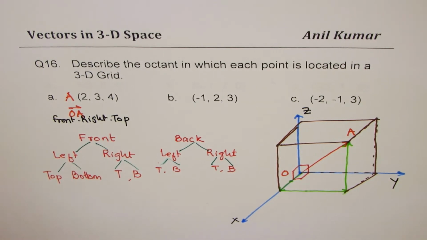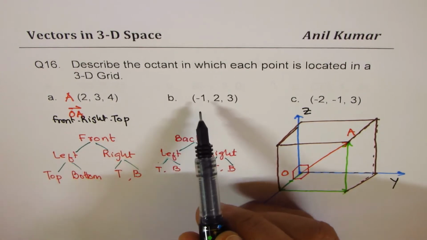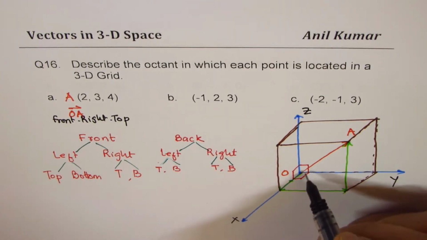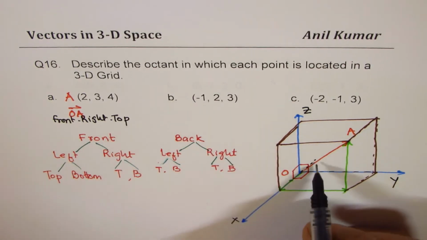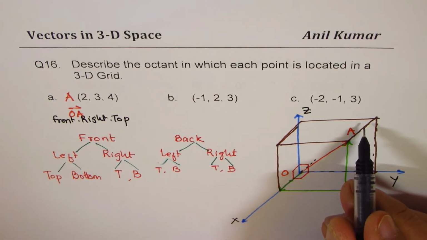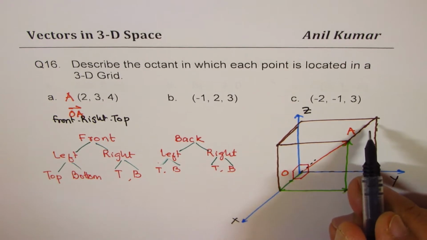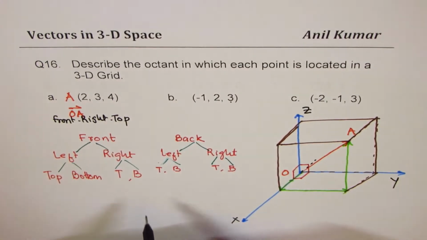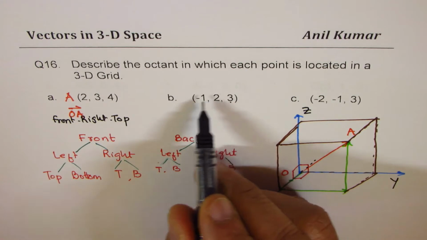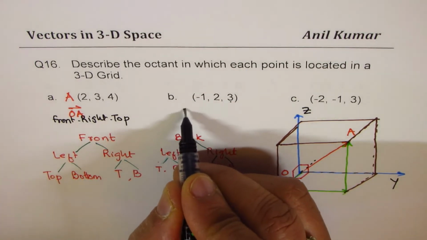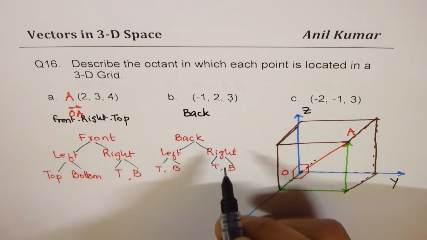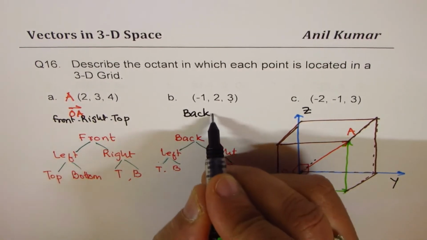Now let's take the other two and do it fast. B is minus 1, 2, 3. Minus means you have to go that side. Do you see that? So you get minus 1 unit. 2 means right and 3 means again above. So you're on top, right? So this is the top position. And that gives you where you are. So you're going behind, back. So in this case it is back, right? Still you're on the right side